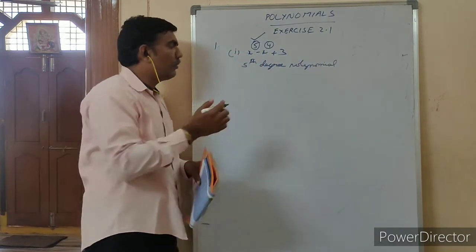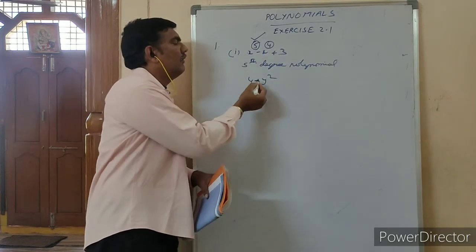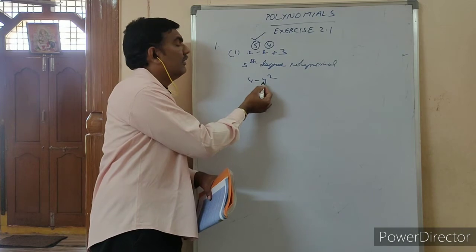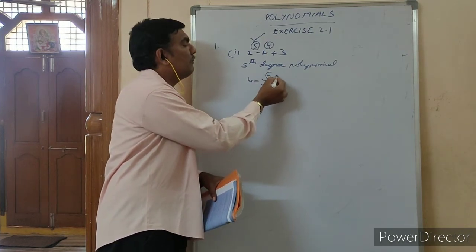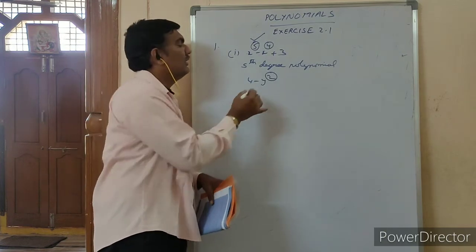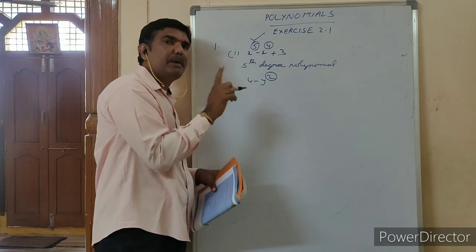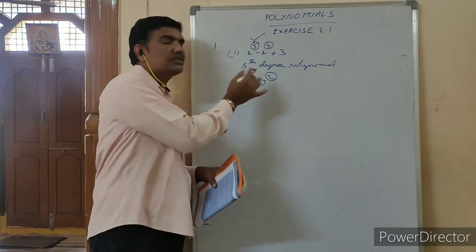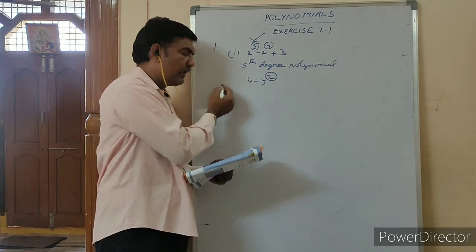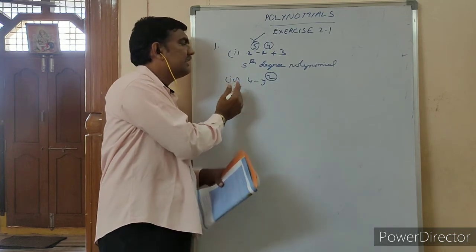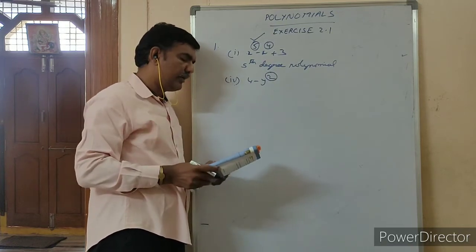Okay. Now 4 minus y square. It is also a polynomial. y is the variable here. Don't look at whether the minus symbol is there or not. I want only the powers, where minus should not be there. So power 2 is there. So it is a quadratic polynomial. If power is 2, degree is 2. That's it. So the degree of this polynomial is 2. It is a second degree polynomial. You have to write it is a second degree polynomial.